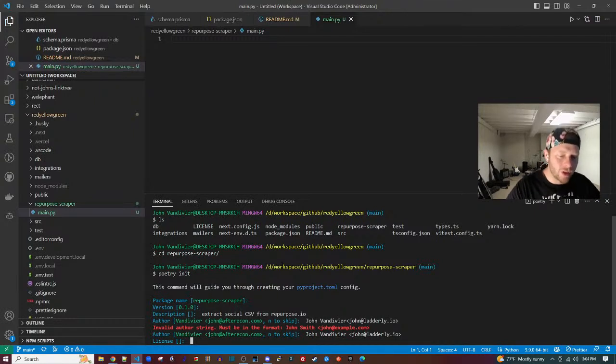LinkedIn gets pissed off if you log in and scrape them. So repurpose.io, by the way, here's why I have no issue scraping them. I talked to their customer service and I said, hey, is there a feature where I can download my own CSV? And they said that feature doesn't currently exist. We will create a feature request ticket for you and we'll prioritize it if it gets more support. So they are already planning on doing this, and I would totally use their thing if it existed. They just haven't built it yet. So that's why I have no problem doing this, because I think they're going to build it anyway. Yeah, but until then,